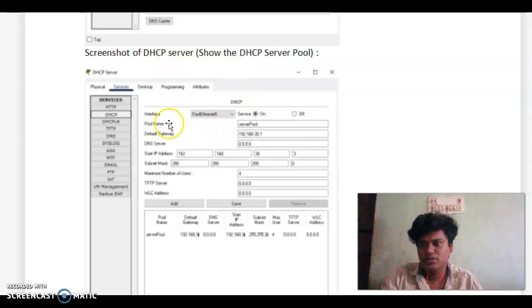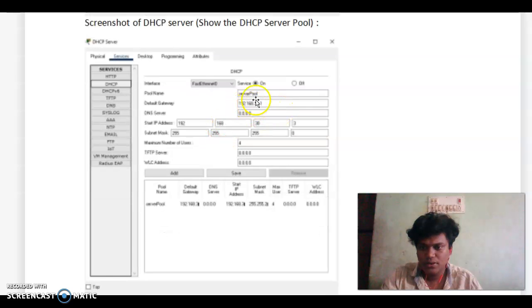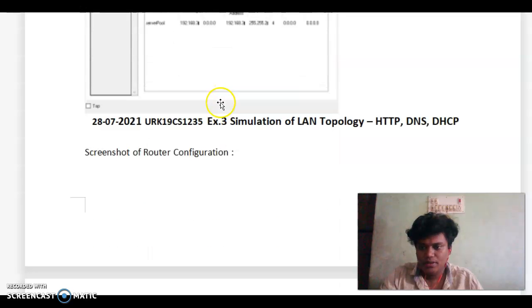server. In this server pool we have to give DHCP, and we have to turn the server on, and next we have to give the start IP address and the subnet mask, and then